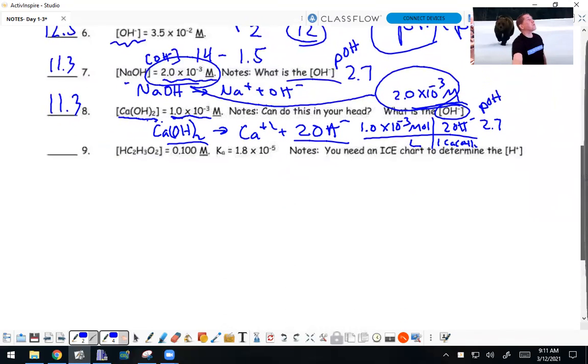All right, now, were you able to figure this one out? So we need an ICE chart. This is what I did at the end of yesterday. So I'll show you officially how to do this right now again, and then we're going to go over the rest of the notes, and then it won't be too long today. All right, so